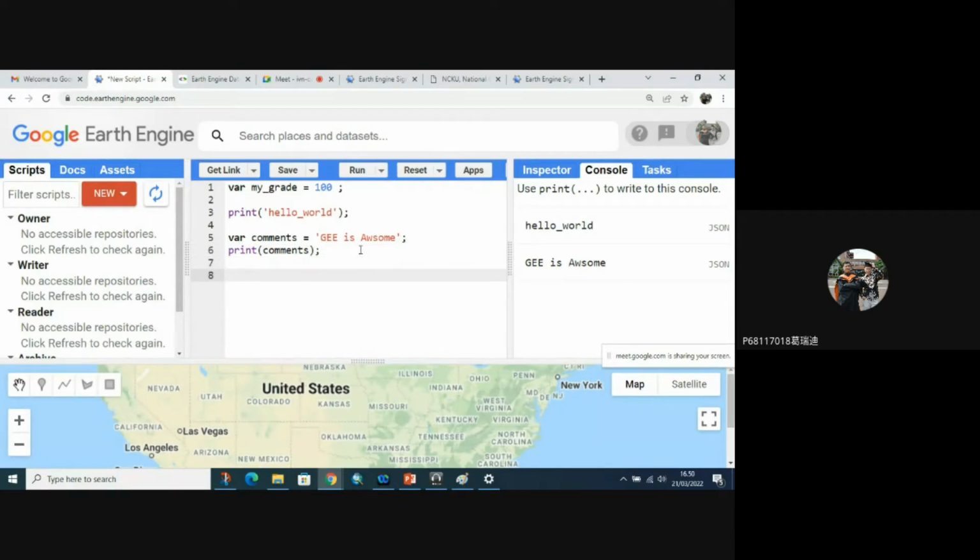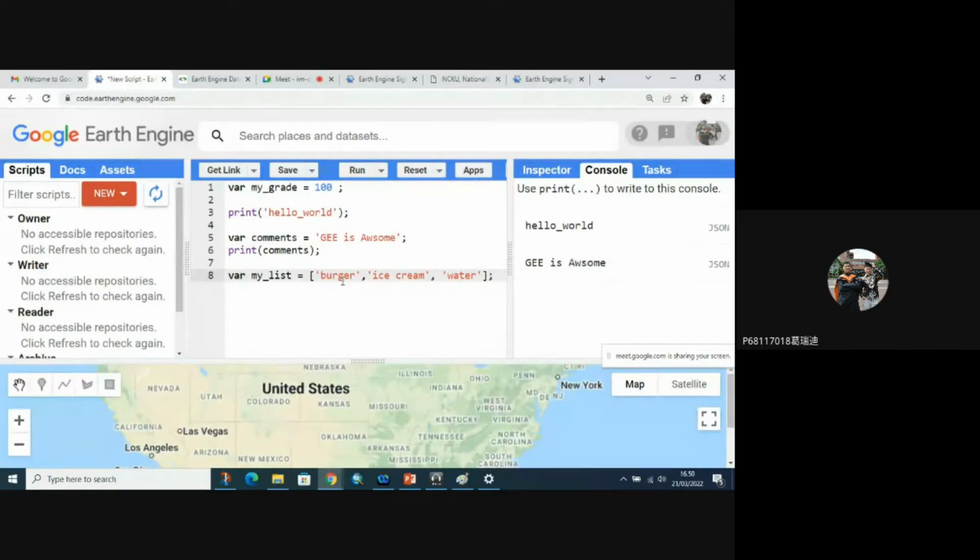And use the square bracket here. Square brackets make a list. So for example, I want to make a list of food here, using quotation marks because I will use string objects: burger, ice cream, and butter, for example.